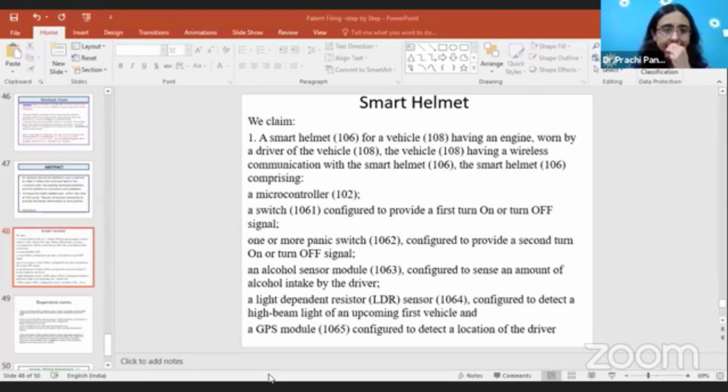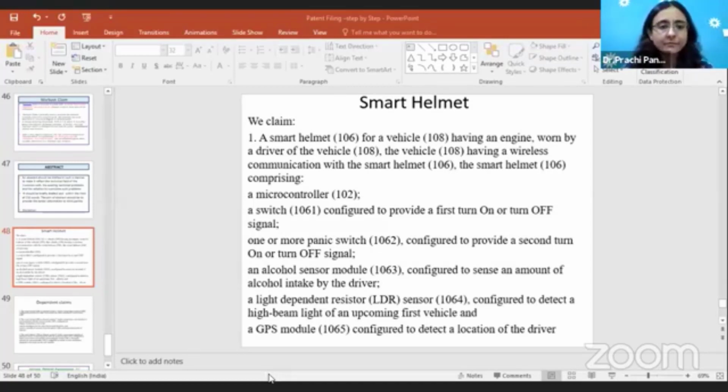You can see here how they have made it: first they have written the title, then field of invention, then background of invention, where they have written everything that has been done earlier. Objective of invention they have written. Objective is to provide a smart helmet to be worn by the driver of a vehicle, to provide response in emergency, to detect obstacles.